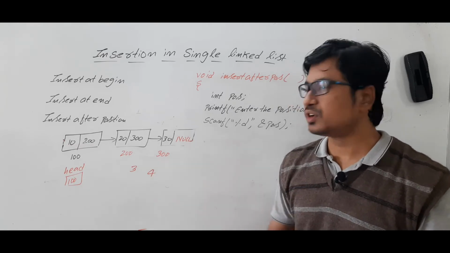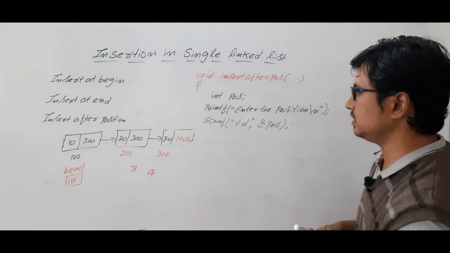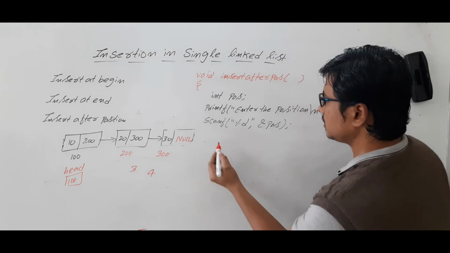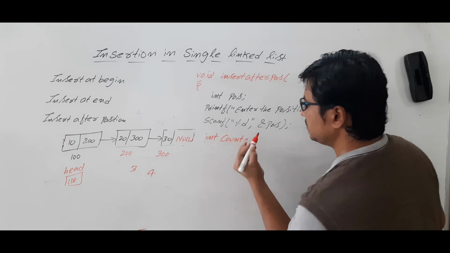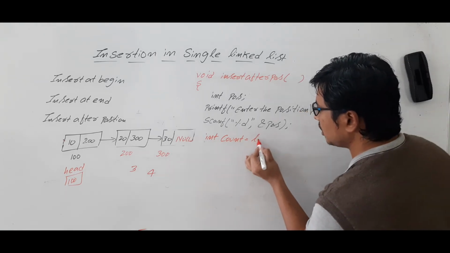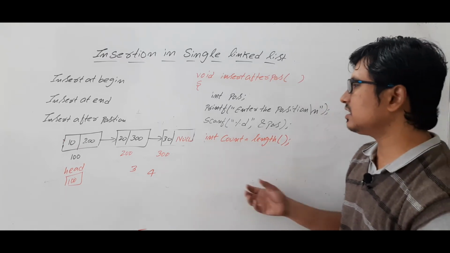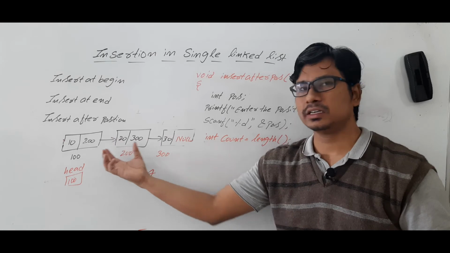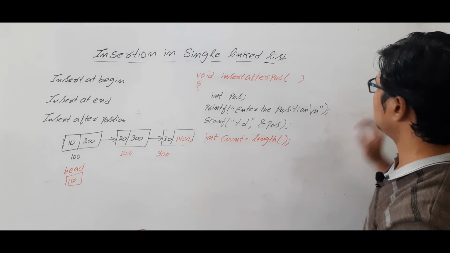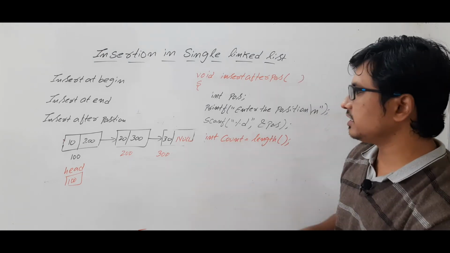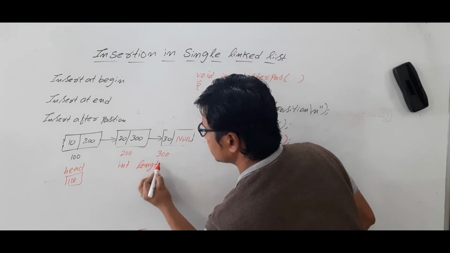Then to do that, first you need to count the number of nodes. So how can you count the number of nodes? Let me call a function. Let me write int count is equal to, let me call a function called length. This function, which is a user-defined function, will calculate the length of the linked list, meaning the number of nodes in the linked list. How I will write that function, let me discuss for you. As it is returning an integer value, the return type should also be int.